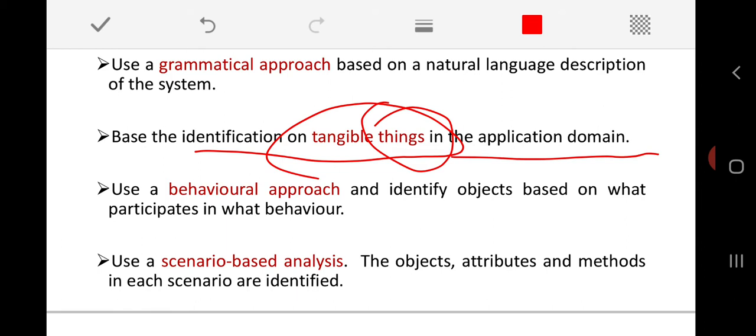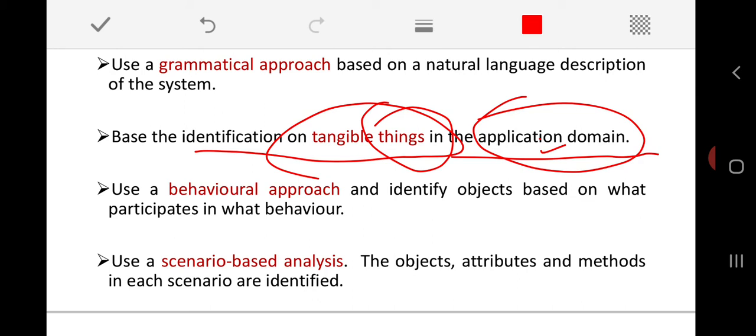Is it clear? And not only things, it may also be roles, for example manager, head of the department, or principal, or sometimes it may be a meeting or a conference. We will come across many different things which are all related to our application domain. For example, you can take any object like a table, chair, aeroplane, bus. All these things you can treat as an object.